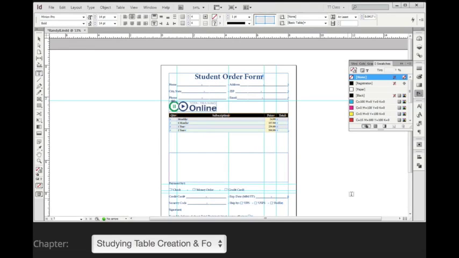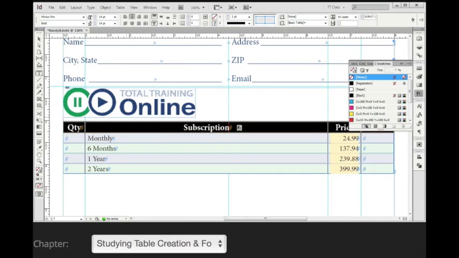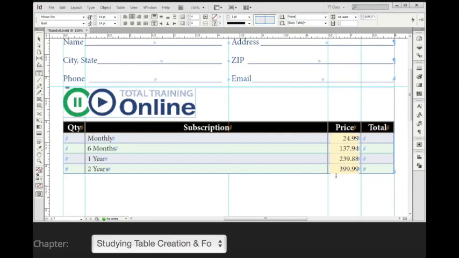And then I'm going to zoom in close so I can see what I'm actually working with here. So I'm going to go back to that 150% view so I can see all the way across the column. Let me get the swatches palette out of the way. And now, as I've got that built,